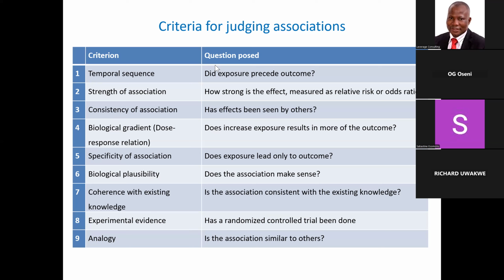Where we have coherence, number 7. Coherence with the existing knowledge. Is the association consistent with the existing knowledge, with what is known before? If you look at this one also, it makes sense better if you look at number 7. Because sometimes, let me give an example. Many times I've been analyzing projects and I discover that when they do